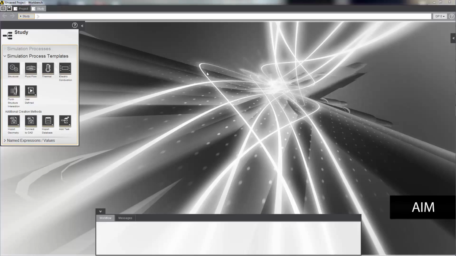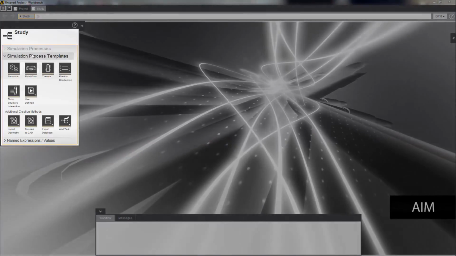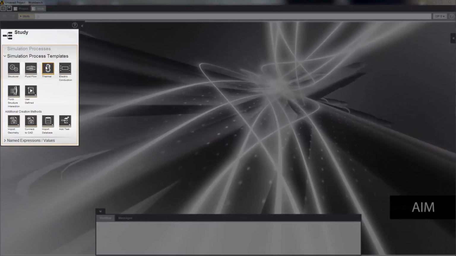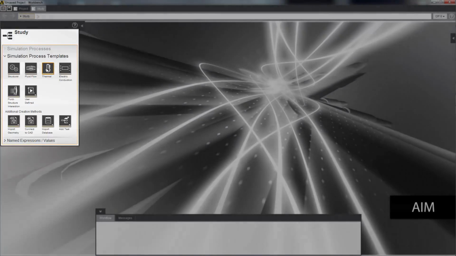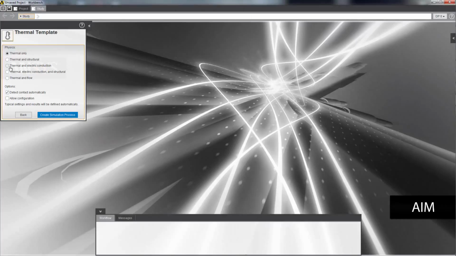In this demonstration, you'll learn how to set up a steady-state thermal electric conduction simulation to gauge the performance of a thermal electric cooler. I'll start by selecting a simulation process template from the study panel on the left here. I'm going to select the thermal template. I'll choose a thermal and electric conduction simulation and accept the default selection for the options list so that automatic